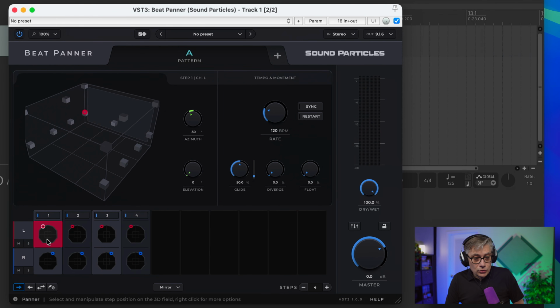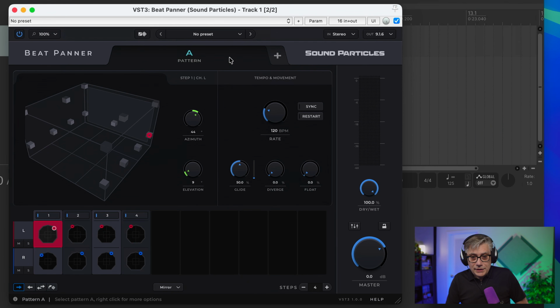Now for each of those positions, we can choose whatever channel we want to pan. So for example, say in the first position, I want to pan the left channel, and then I can do that here with the azimuth. So I can move that around and the elevation up and down, and that will allow me to pan the position of that. And I can do that for each individual position and each individual channel. So if you have a 9.1.6 signal, that is essentially 16 positions for the 16 channels for each individual position of the object, if that makes sense.